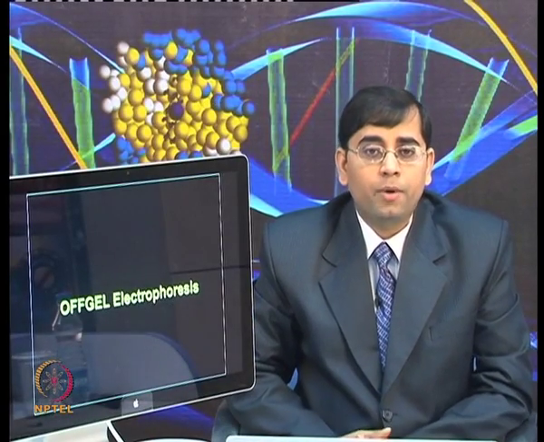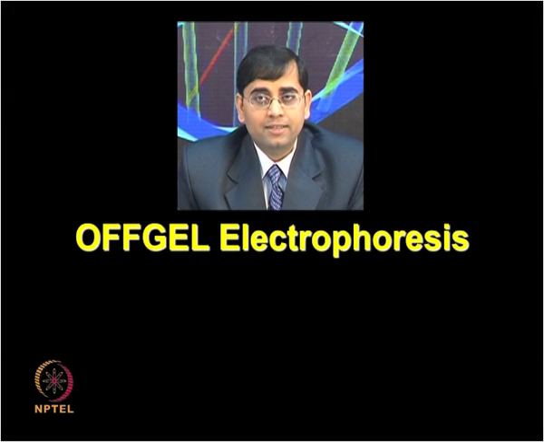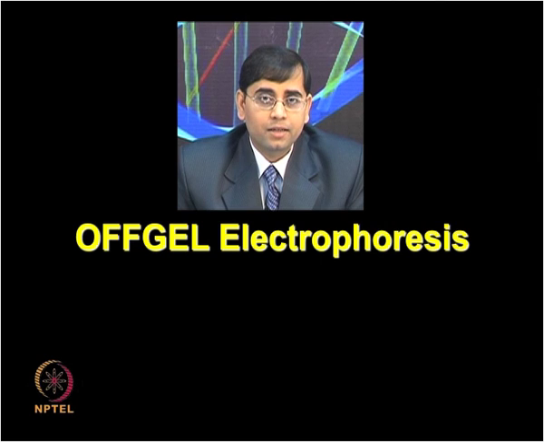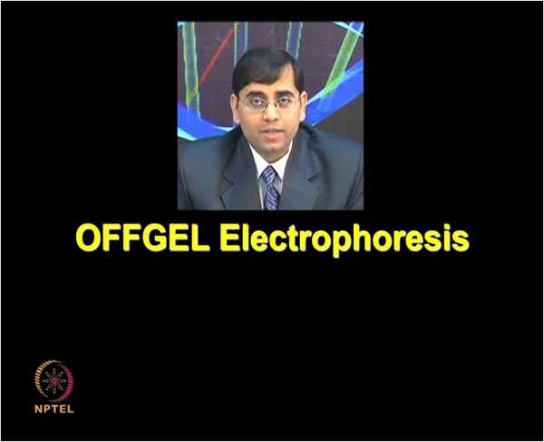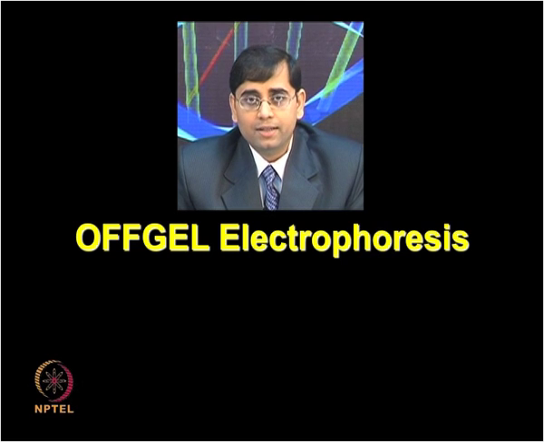So, let us briefly talk about off-gel electrophoresis. As the name suggests, in this method you are avoiding separating proteins based on the gel. Off-gel electrophoresis can be performed on the immobilized pH gradient strip, but you do not need to use the gel approaches for separating the proteins, and this method is mostly used for liquid chromatography based mass spectrometry applications, where